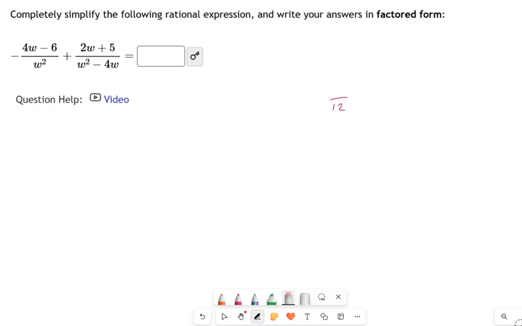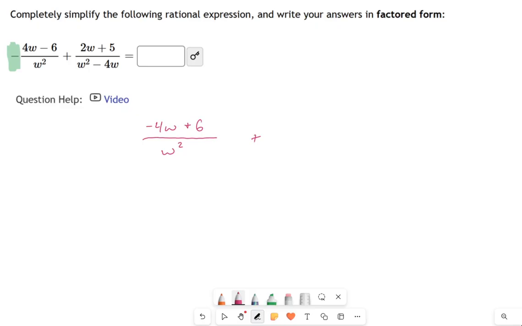Well, that's great, but it gets a little more complicated when you have all these equations in your fractions. So look at what I'm going to do here. First of all, let's address this right there. That's dangerous. That negative sign outside the fraction needs to be distributed into the entire fraction. And I'll bet half the time that's what the mistakes are if you're wondering what went wrong. This is going to be a negative 4w plus 6, in the denominator is w squared.